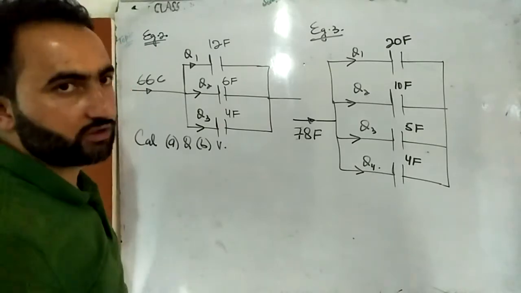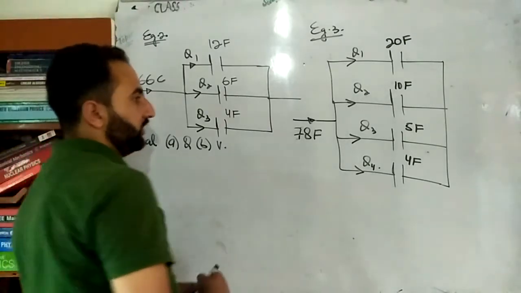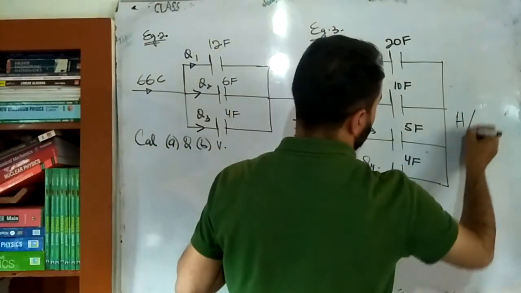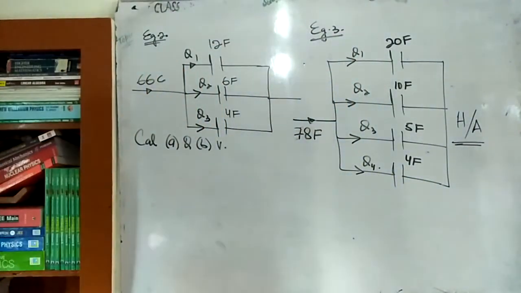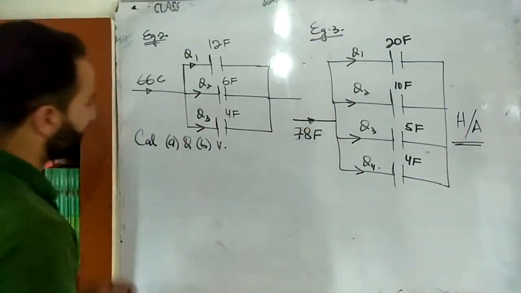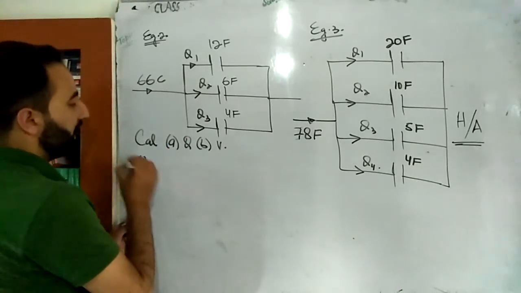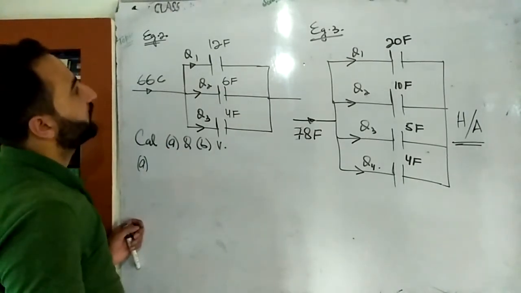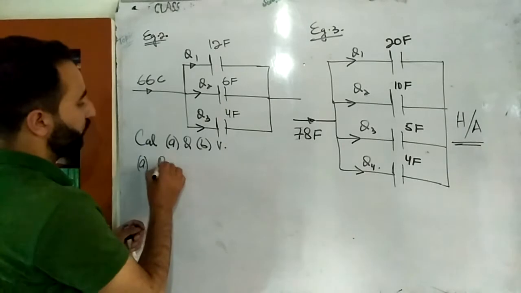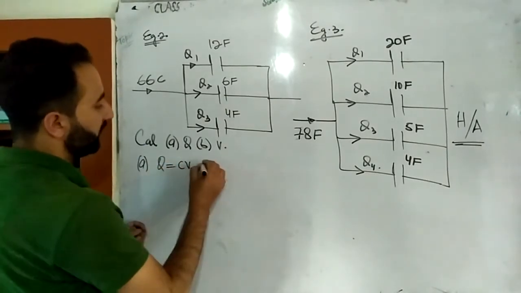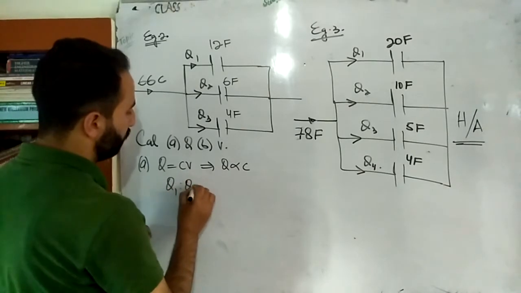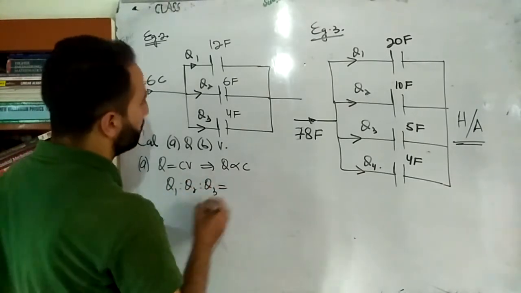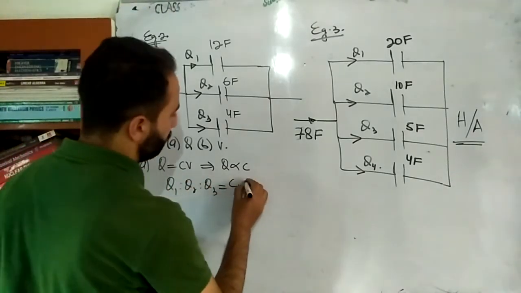One example is a home assignment for you. The pattern is exactly the same. So I will write like this. A: the potential difference is the same, Q equal to C. B: this is also the same. This implies Q is directly proportional to C. Q1 is to Q2 is to Q3 equal to C1 is to C2 is to C3.